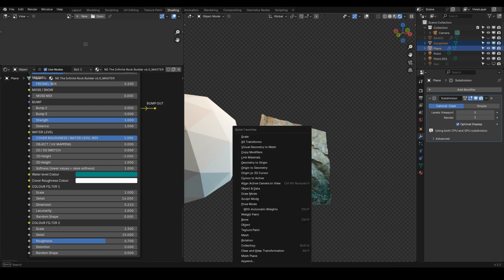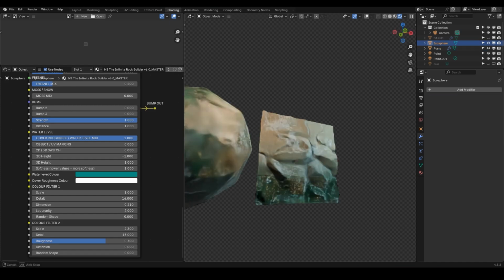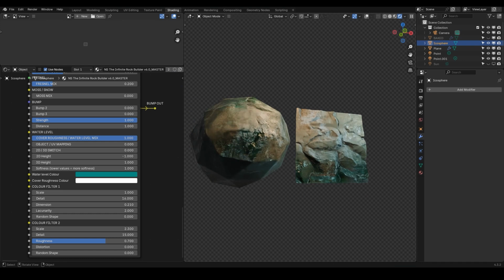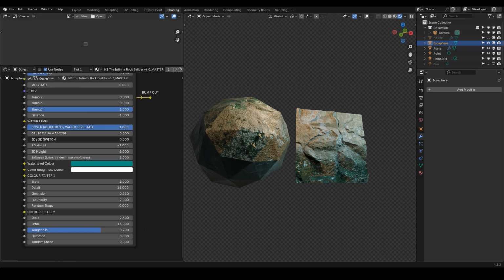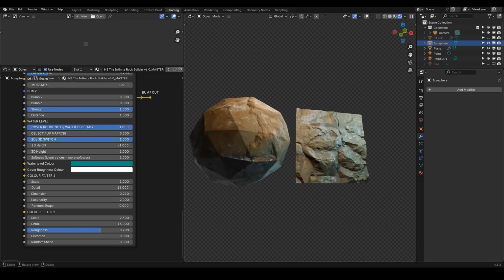I'm just going to link my materials quickly, and so you see on the icosphere, it hasn't a clue what's going on. Where's the water level? So you would switch to 3D, and now you see it's at the bottom. And then you can control each one individually using the height here. So you can see it's going up. And then back to the 2D, so over to the plane, because I can get rid of